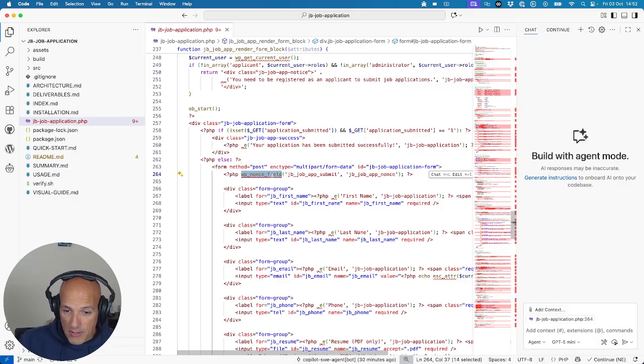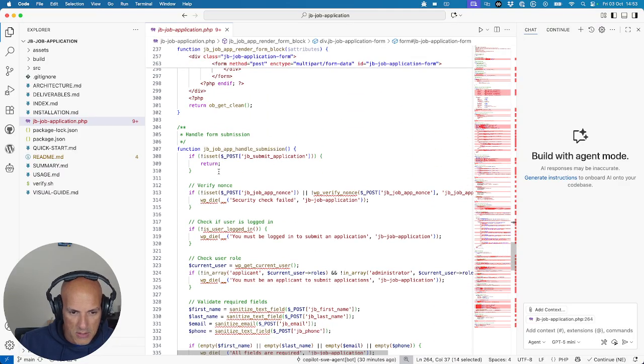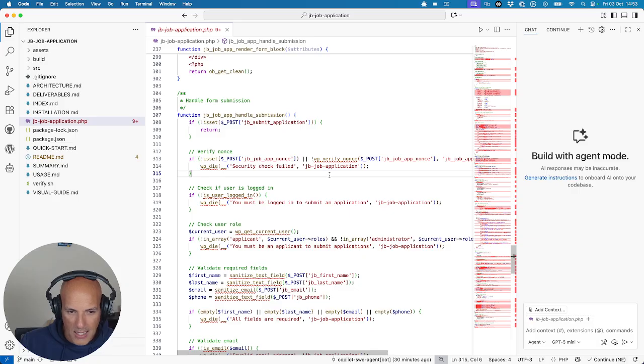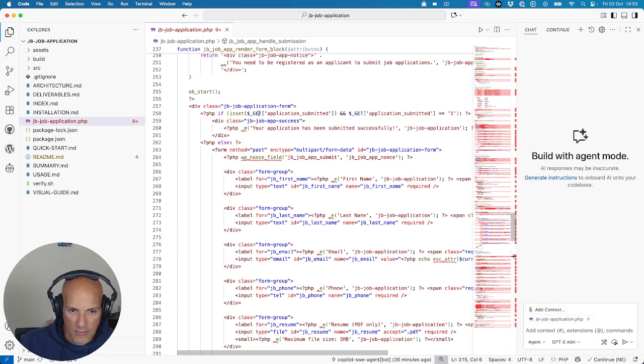There is a nonce field being created, and the form submission is doing a nonce verification. So it's not the end of the world, but it really should have something around it. It's interesting that it's picked